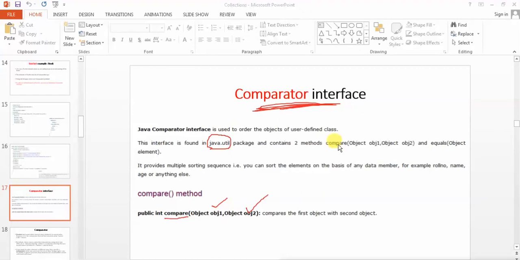It actually has two methods, the compare method and the equals method. You will see that you just have to implement the compare method and you do not have to implement the equals method. I'll tell you later on, but let's first of all see this.